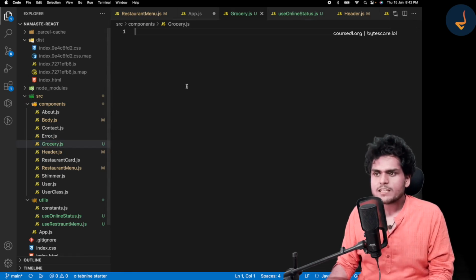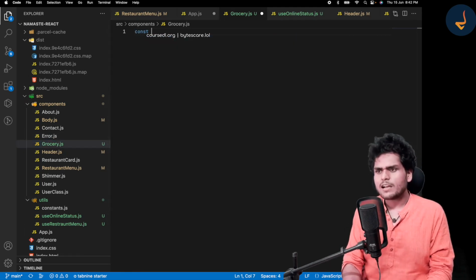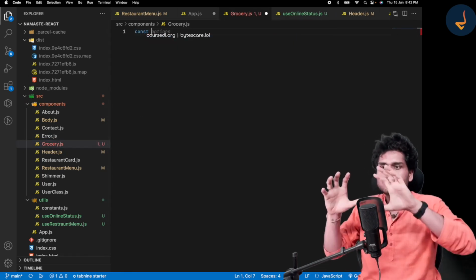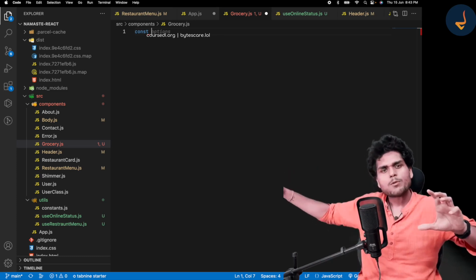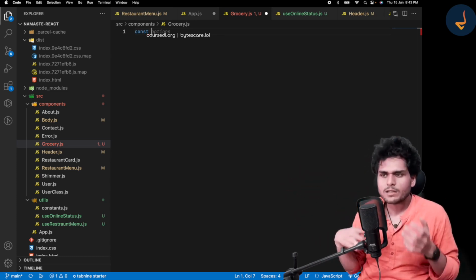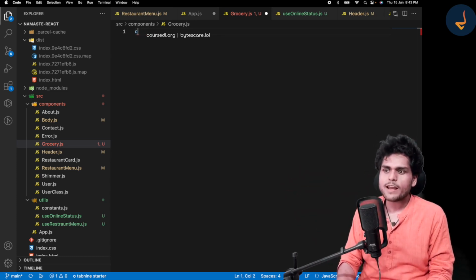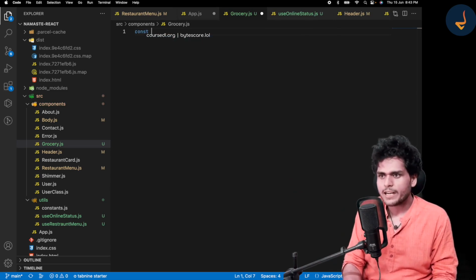This is a grocery, and let me just create a normal component. Assume that this is a big whole component, which has a lot of sub-components and a lot of child components. For now, I am creating a normal component.